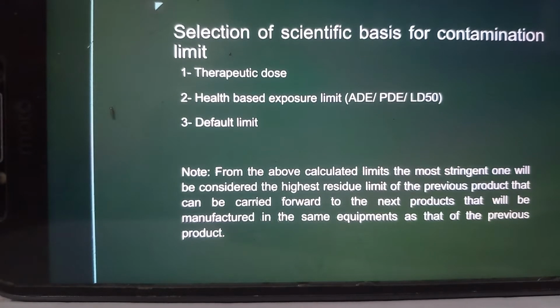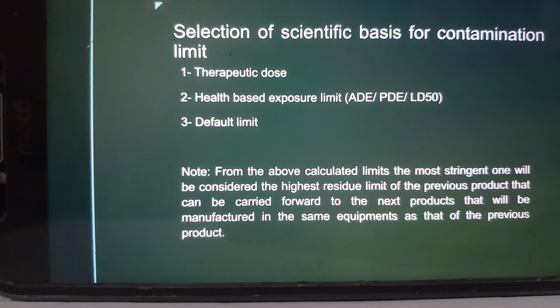Then coming to selection of scientific basis for contamination limit, there are three ways in which we can calculate the contamination limit. First one is therapeutic dose, in which it is said that 1 by 1000 of the minimal daily dose of previous product, if it is present in the next product's largest daily dose, then there will be no impact on the patients who are going to administer that second product. And second one is the health based exposure limit,